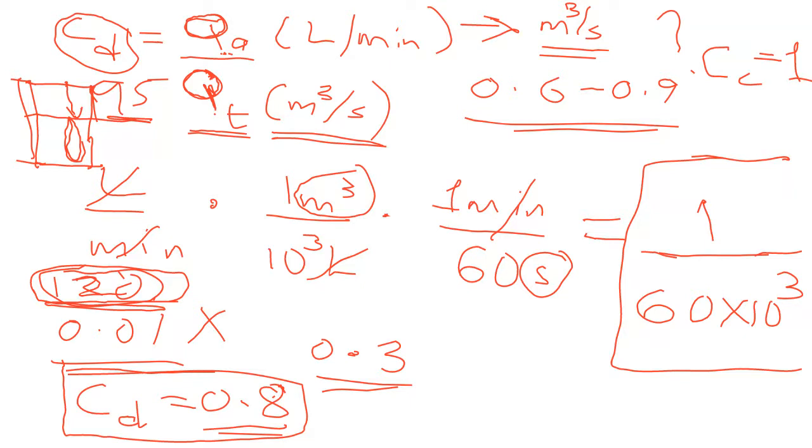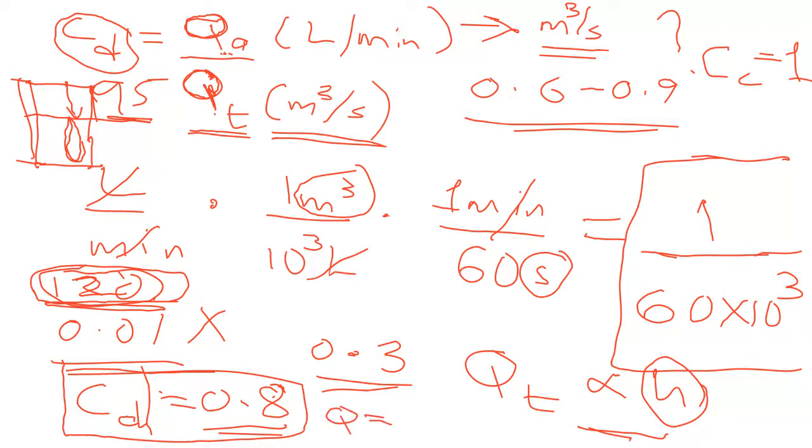Okay, and again, now with this value, with the coefficient of discharge, anytime we want to use the hydraulic structure, because the theoretical flow rate will usually be proportional to the head over the weir or over whatever it is, we just need to measure the head and then plug it into the formula of the flow rate, using the coefficient of discharge to get our actual discharge. Okay, this is one of the applications of the coefficient of discharge. When we get the coefficient of discharge, all we need to do when we want to measure the actual flow rate is to measure the head, depending on whether you are using a weir,